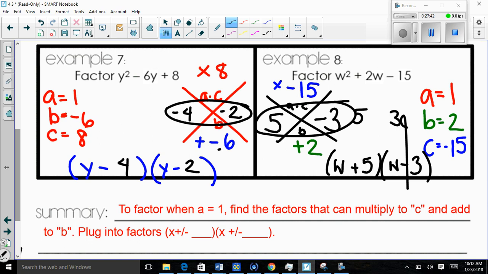What was our answer? X plus 7, X plus 2, or M plus 7, M plus 2. Did everyone get that? Or M plus 2, M plus 7? Okay. So, I'm going to start with